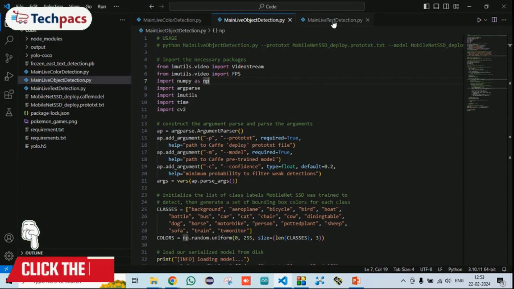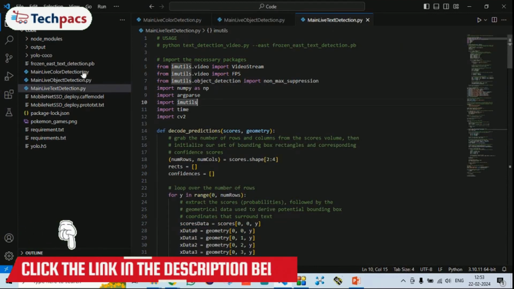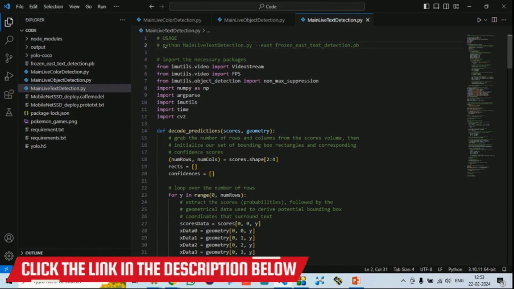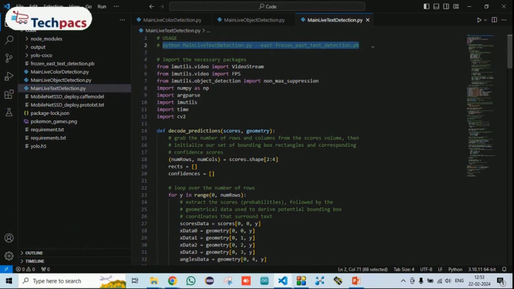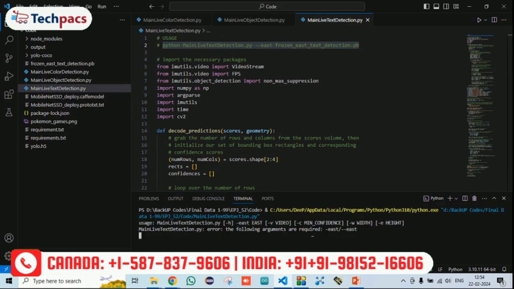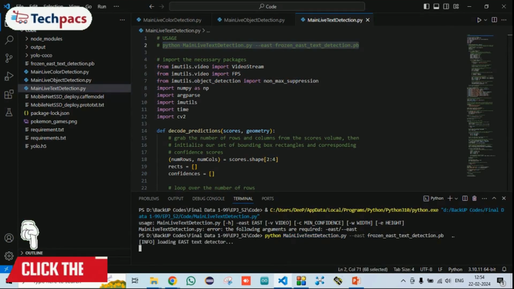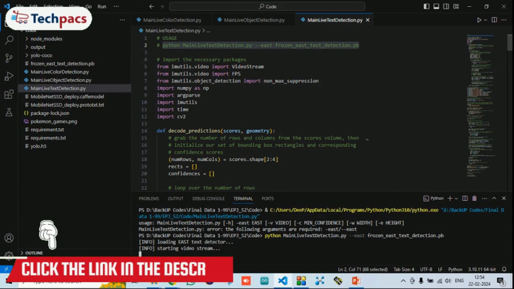Now next, the last one, in which we have implemented the system with the EAST model, you just need to write the command again in the terminal. Here I have written it for the execution. So you just need to copy it and open the terminal. So I'm just opening the terminal here. I just need to write python filename.py -e east and the model name. When I press enter, it will again open the